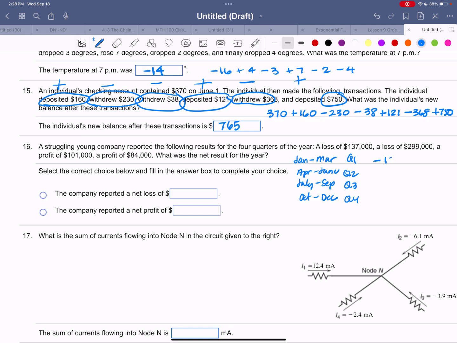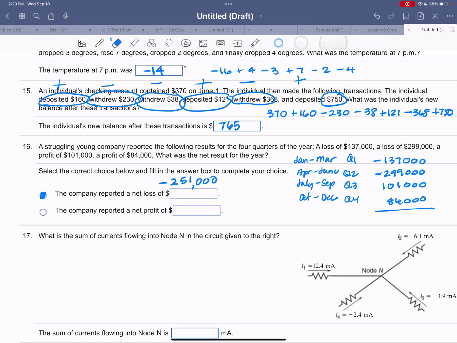Here they lost $137,000. Then they lost $299,000. Then they finally made a profit of $101,000 and a profit of $84,000. So if we take all those, minus $137,000, minus $299,000, plus $101,000, plus $84,000, we end up with a loss, because it comes out negative, $251,000. So a loss of